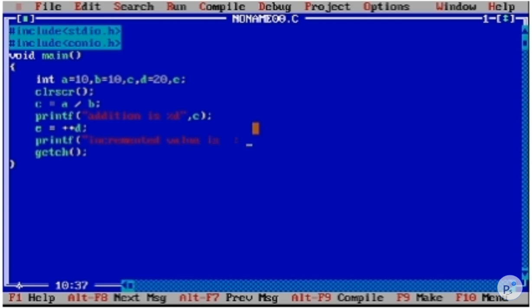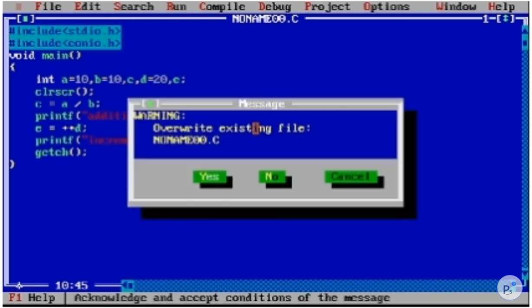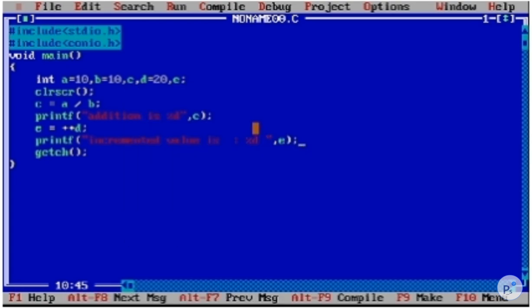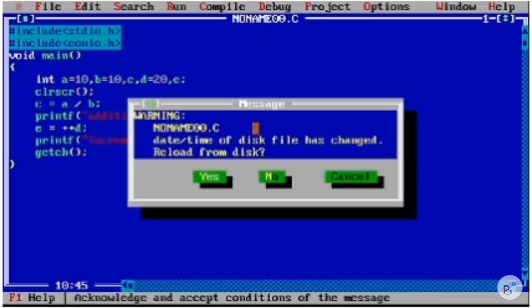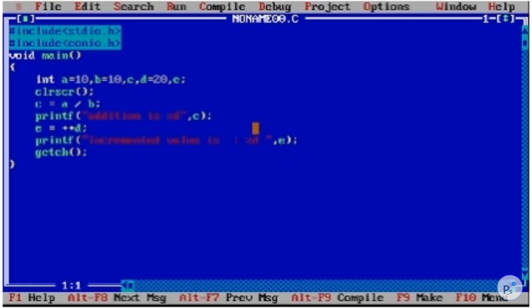Value is %d, comma e. Save it. Alt F9, no errors. As you can see, the incremented value is 21. We provided the value 20 and it is giving 21. Let me add a line here, backslash n, so it will be more clear.